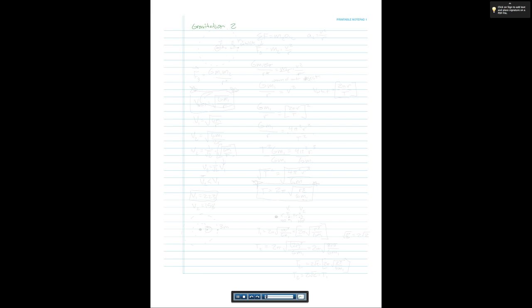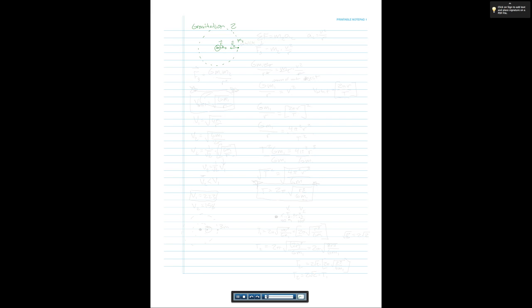Continuing from the cliffhanger from the last gravitation video tutorial, we were talking about orbits and how if you had a mass and then another mass and they were orbiting. Let's say that M2 was orbiting in a perfect circle, then we could draw a free body diagram like so. And we talked about how each planet was exerting an equal but opposite force on